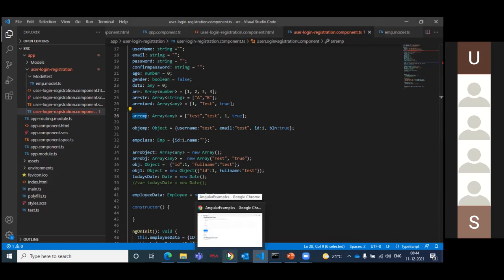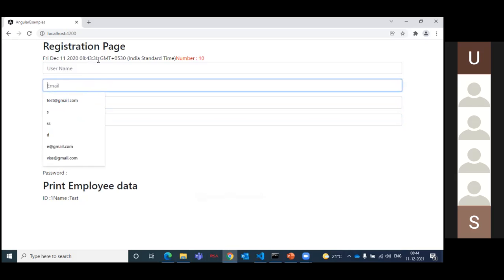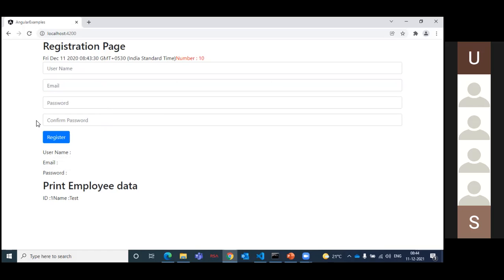So this is my form. Form contains how many controls as of now? Sally, how many input controls? Four, correct. Tomorrow I can have 10-20 controls. Correct, right? So for each control, we need to get a value and send it to the server.